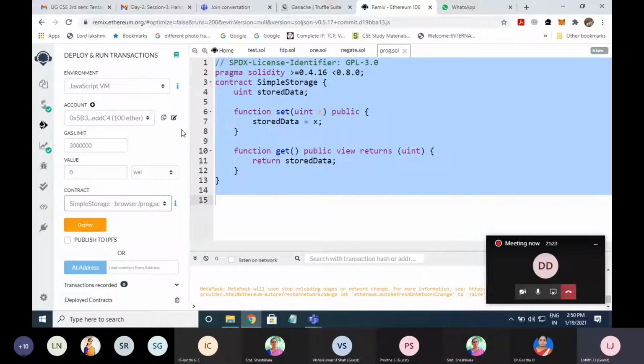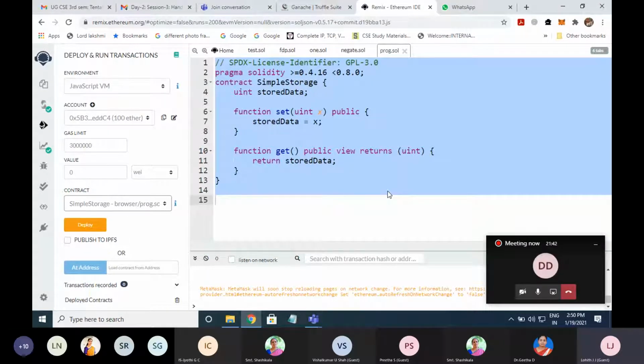We are just simulating this in real time. This simulation, you cannot compile and deploy on a real public blockchain, as it incurs real currency, that is ether.